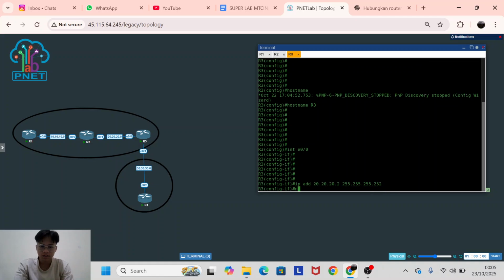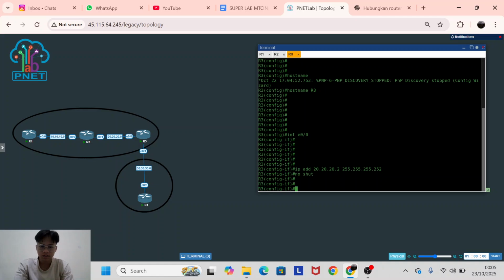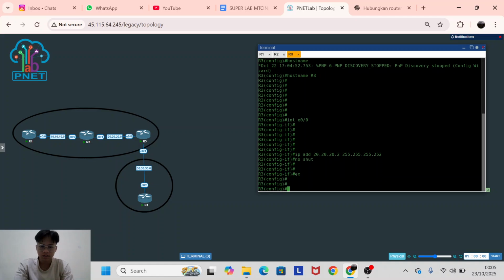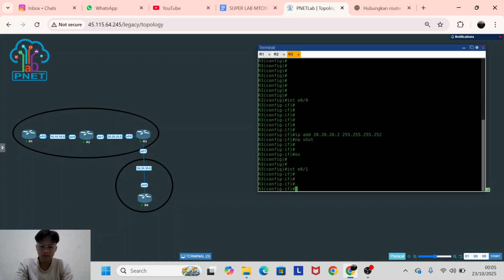And now interface Ethernet 0/1 for router 4, like this, no shutdown.